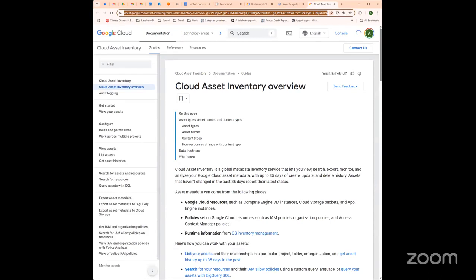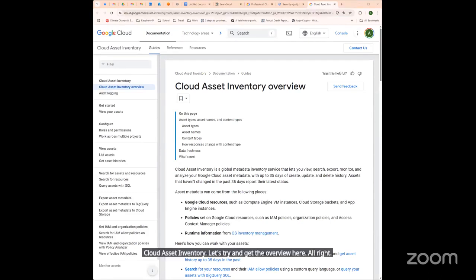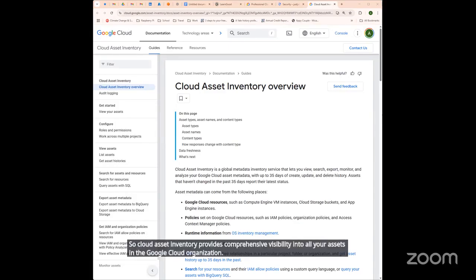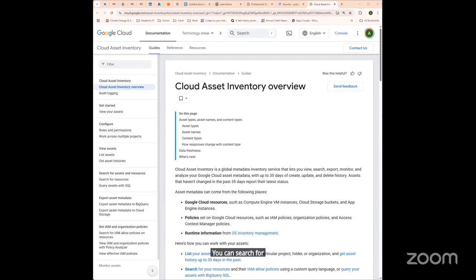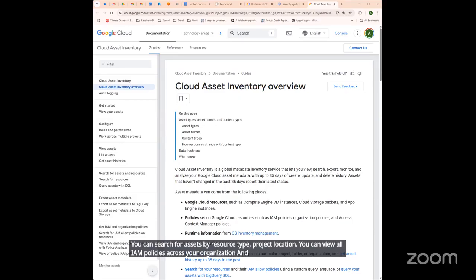All right. So Cloud Asset Inventory provides comprehensive visibility into all your assets in the Google Cloud organization. You can search for assets by resource type, project, location. You can view all IAM policies across your organization, and you can track asset history and changes over time. Access to Cloud Asset Inventory is role-based, with security operations teams typically having organization-level access, while project teams have project-level